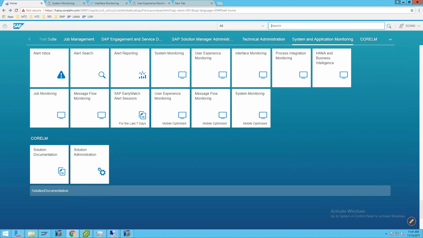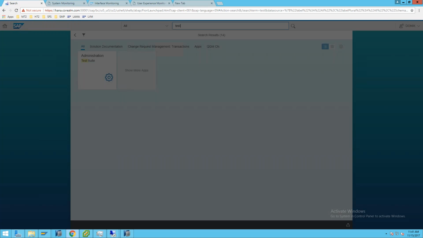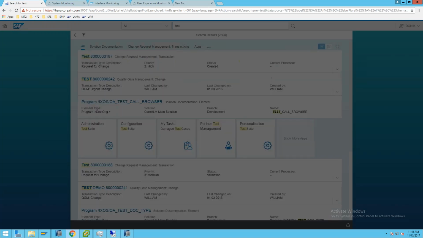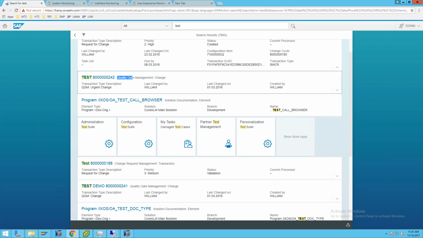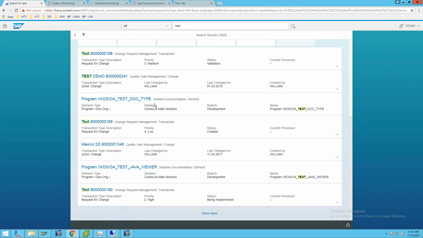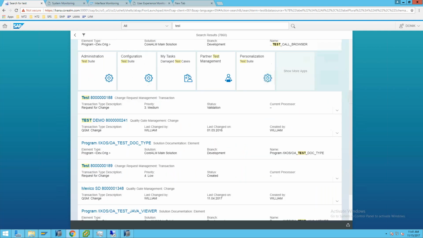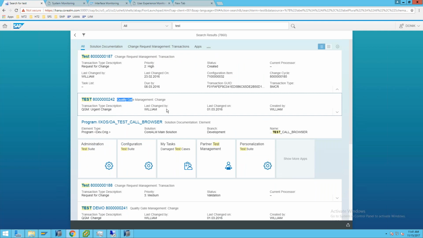The other thing that I mentioned earlier, the search ability. So in this case, I'm just going to search for the word test. I know we have a lot of test things, meaning from test management to test change requests and whatnot. But here you have all, and then it's categorized. There are change requests, there's solution documentation, different applications that the word test appears in. So it could be a transaction, could be a ticket, that's a management piece, or it could be text within a program, within a document. So it's really cool and